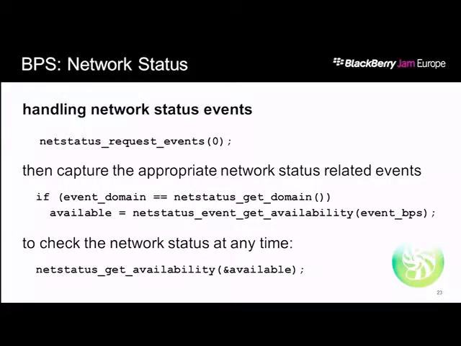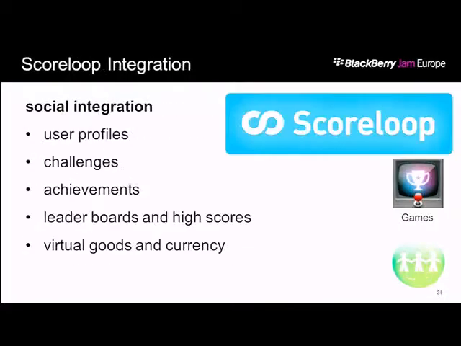Right? So there's no ability to say, is this a Wi-Fi network and so forth, but this may be added in future API updates. Right? But basically, if you don't have a network connection, don't try opening sockets. Right? QNX is great, so that it won't freeze the device. You won't have the swirly little thing. But effectively, always check before you do. And if you need a network connection, then present something to the user. Right? Give them that quality experience, not just the lagging experience.